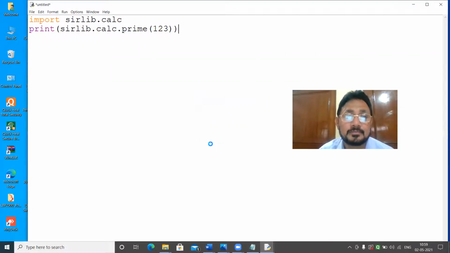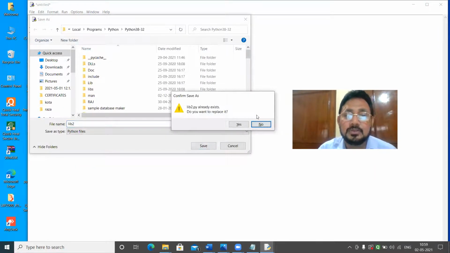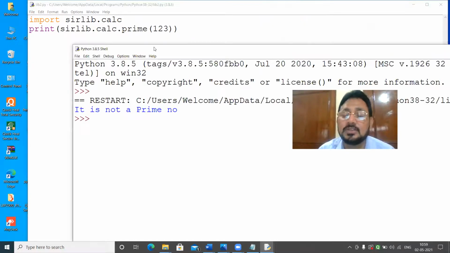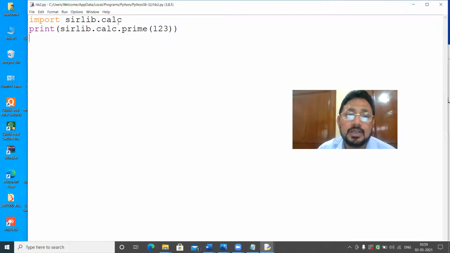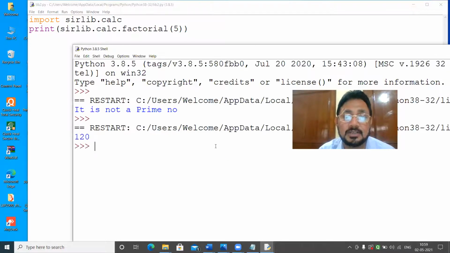Now see here, it's coming here, save any. I have given lib2. No problem. Save it. lib2 file was there. So it is not a prime. Of course, 3 plus 2, 5 and 6. 6 is not prime, sum of numbers, then it is divisible by 3. So it's not a prime number. So correct it is. Okay. If you want to calculate the next program, that is factorial or sum, whatever programs are given there, you can give and run, result will come surely. If function factorial is there, of course 120. So now point is clear.